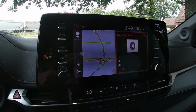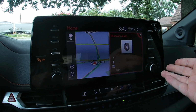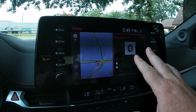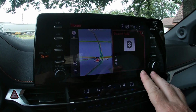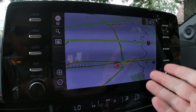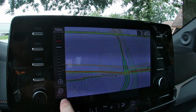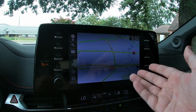Now, whereas a lot of other vans and MPVs in this segment might have a 10, 11, or 12 plus inch screen for the infotainment side of things, the Sienna in general makes do with a 9-inch touchscreen. However, thanks to the XSE Plus package on this test car here, we have the dynamic navigation system for one, which I've never really been a fan of. I mean, the graphics are a bit basic, to be honest, and as you can see, the feedback on there is not exactly great, but we still have Android Auto, Apple CarPlay,